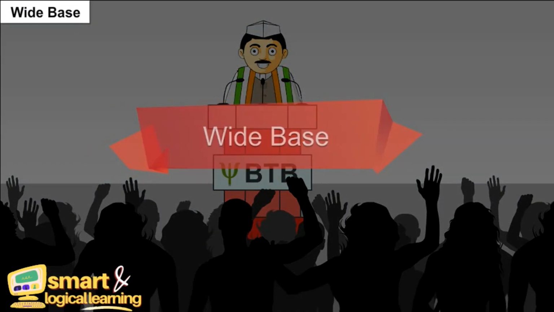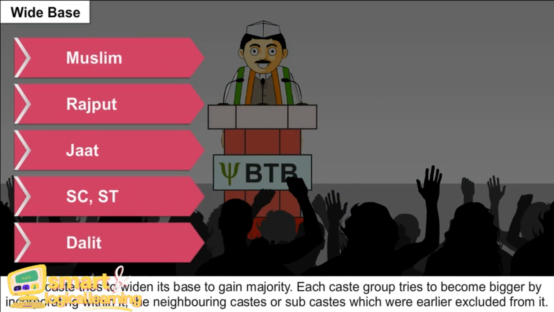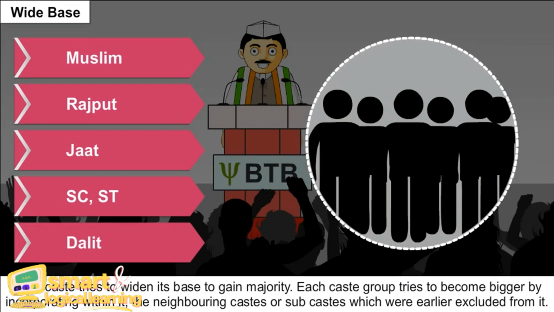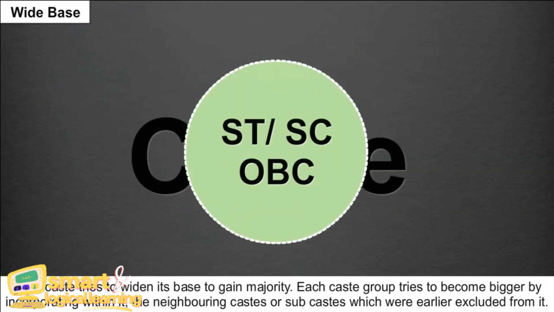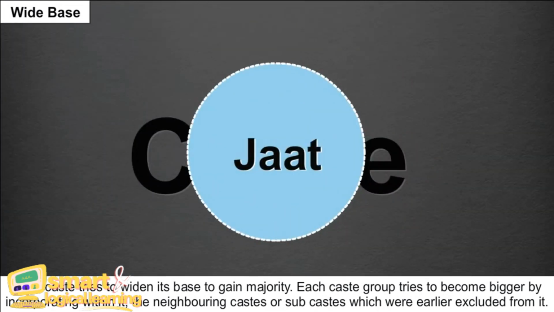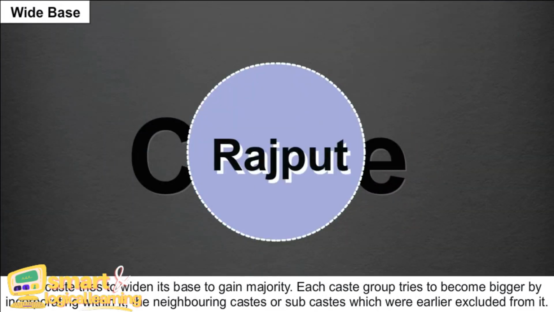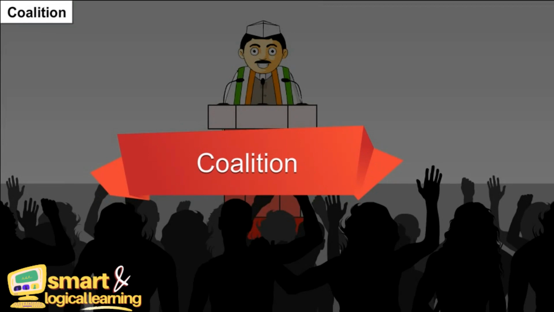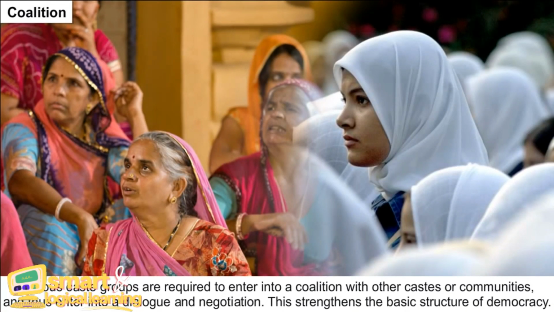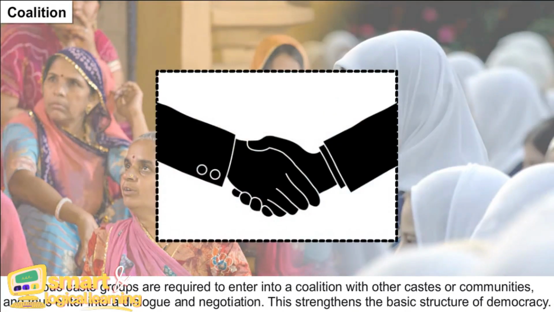Wide base. Each caste tries to widen its base to gain a majority. Each caste group tries to become bigger by incorporating within it the neighboring castes or subcastes which were earlier excluded from it. Coalition. Various caste groups are required to enter into a coalition with other castes or communities, and thus